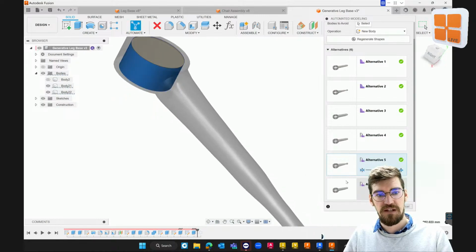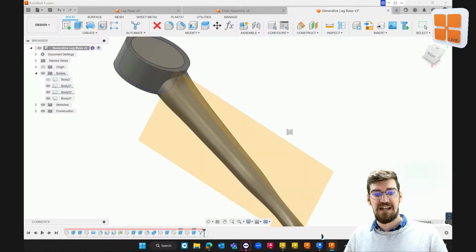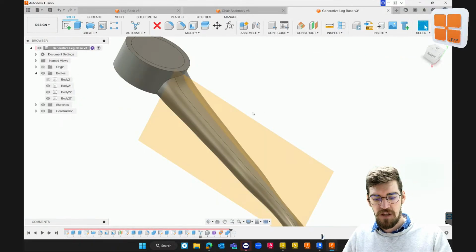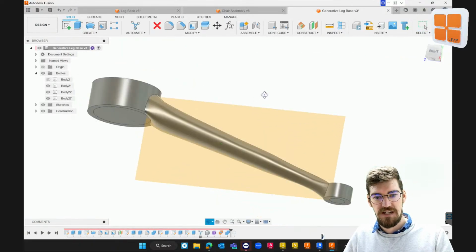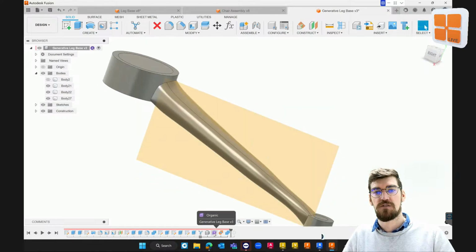As soon as I'm happy with a design or happy with a style, I might go and take this one over here, reduce the thickness a little bit, and hit OK on there. This then gets created as a feature for us. Let me jump back into Fusion. That gets then created as a feature for us, whereby we've got the ability to do full organic modeling using